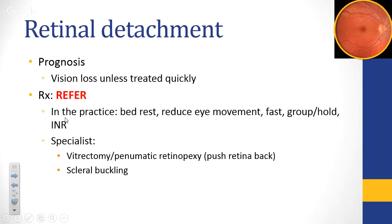So the prognosis is essentially vision loss unless it's treated very quickly because it's losing its blood supply, and the treatment is refer. So this is a real emergency. In the practice, essentially what you can do is give them bed rest, reduce their eye movements, fast them, group and hold them, and do an INR because they're going in for surgery immediately. These are some of the surgeries that ophthalmologists can do. A vitrectomy, so they can take out the vitreous, or they can put a bubble of air in there to plaster the retina back onto the